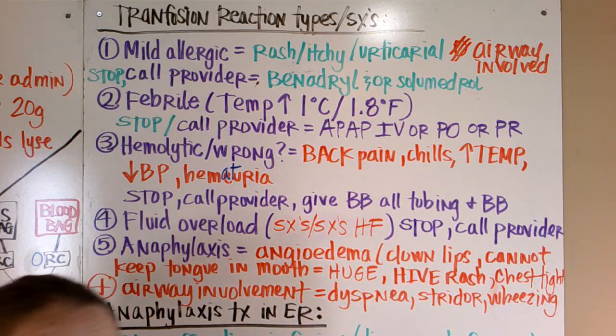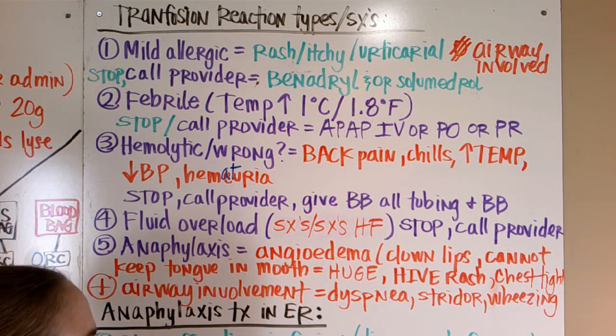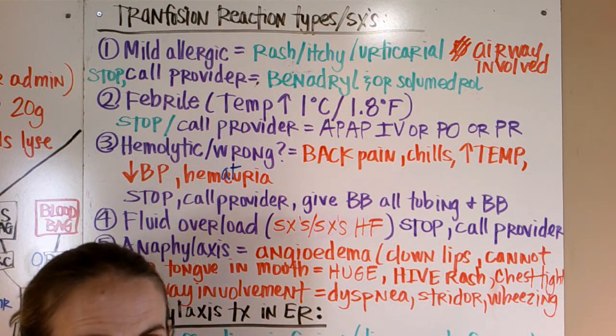This is the one that we're going to focus a lot of our time on, because this can happen randomly when you weren't expecting it. Even if you've cross-matched, you've got all the right blood type, you've done everything correct, you can still have anaphylaxis to blood. All right, so they'll get angioedema, and for those of you who don't know what angioedema is,